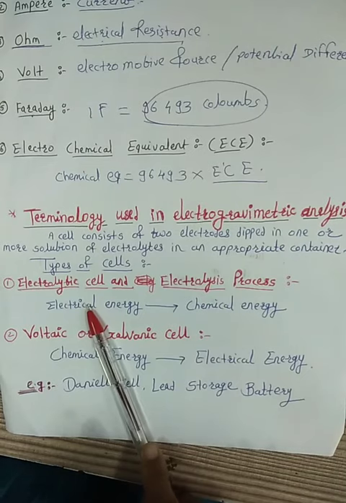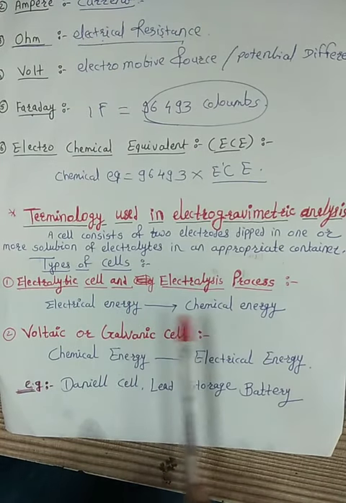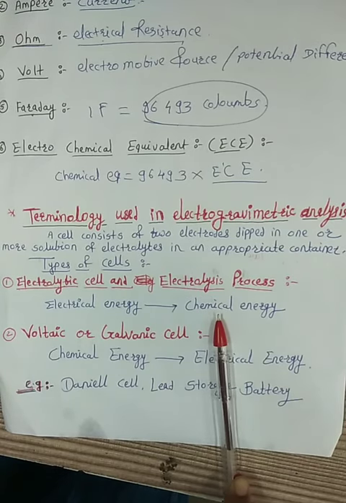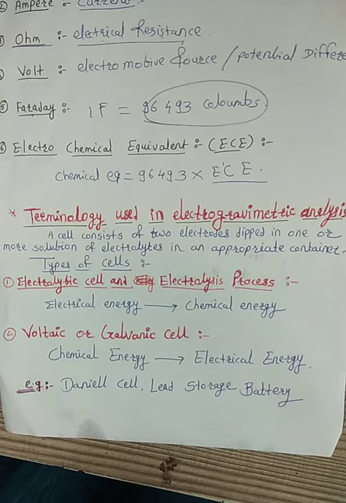In this particular cell, electrical energy gets converted into chemical energy, and it is called the electrolytic cell. An example of this cell is one in which electroplating is done or extraction of metal is done. Here, a source of electrical energy provides sufficient energy to force a chemical reaction to take place which would not take place spontaneously upon simple mixing.